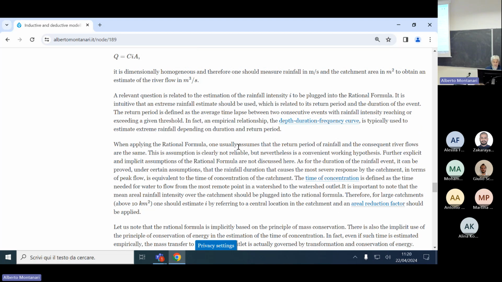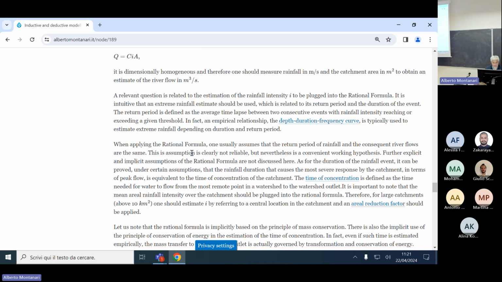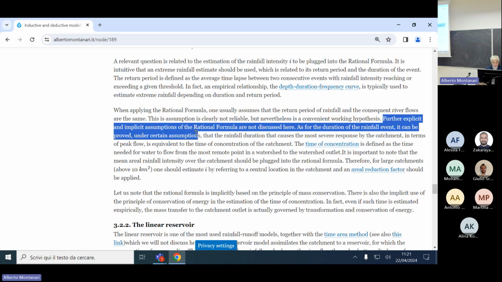We mentioned some assumptions of the rational formula, and basically we assume that the return period of rainfall is the same as the return period of the computed river flow. This is the first assumption, and you see it's here. When applying the rational formula, one usually assumes that the return period of rainfall and the consequent river flow are the same. And then it is written here, further explicit assumption and implicit assumption of the rational formula are not